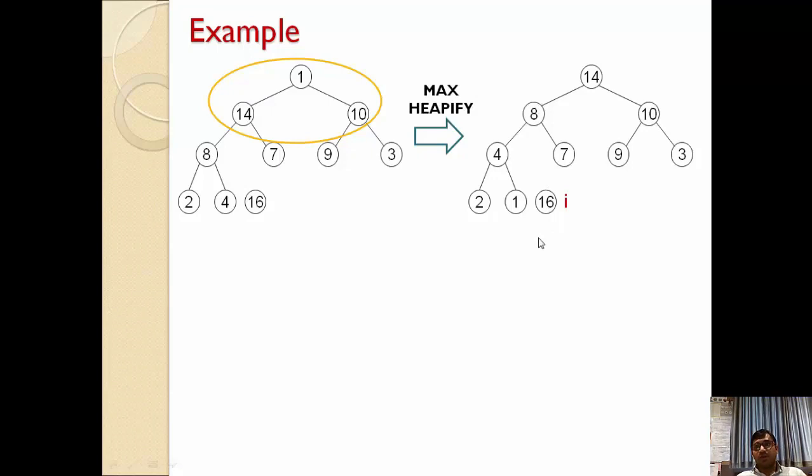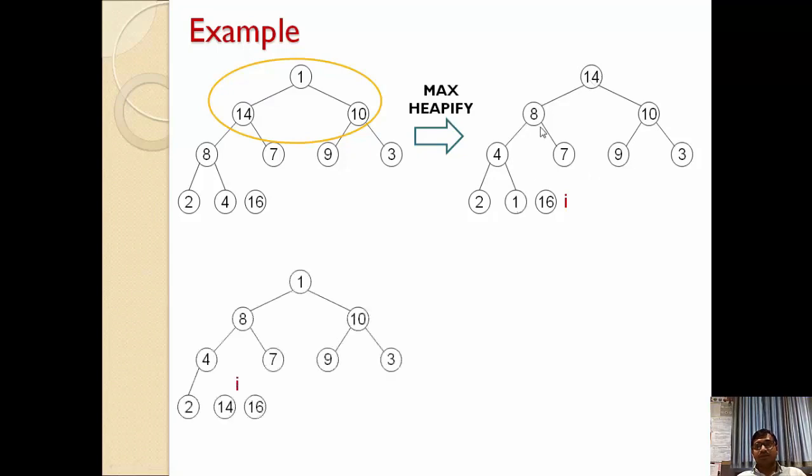Likewise, now our maximum value 14 is on the root node, so we can remove 14 from the tree. But we cannot directly remove it. Once we remove it, your tree will be in 2 different parts. So we need to swap with the last element. So there will be swapping between 1 and 14. Then we get 14 here and 1 will be moved here. Now we can remove 14. Then we have two values, 16 as well as 14. Both values we need to store inside the array in the same sequence, right?